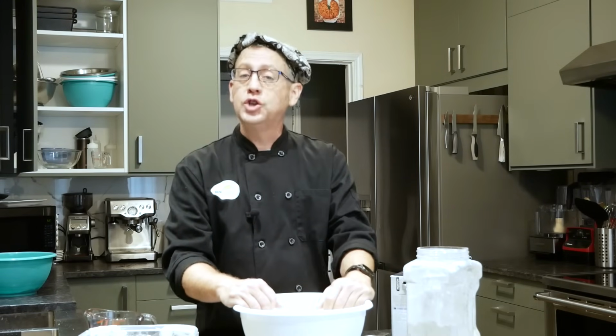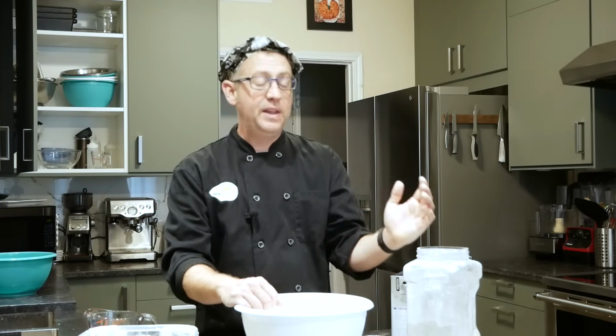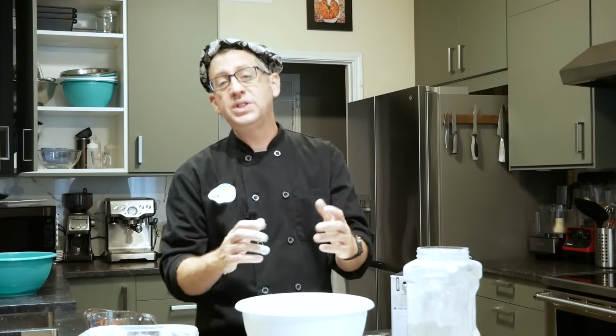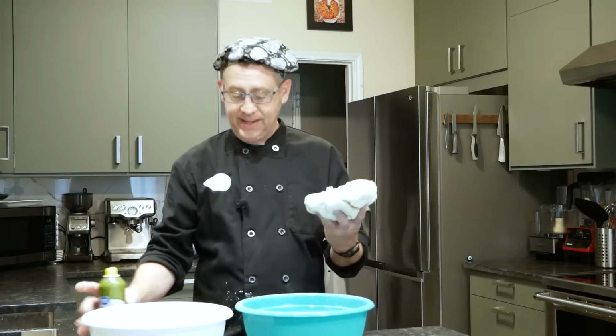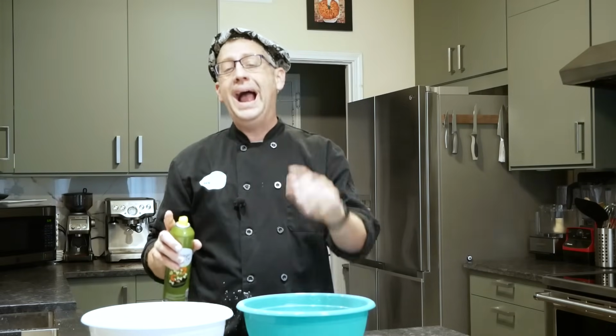So if you are adding a super wet ingredient, back off half an ounce or even up to an ounce on the water addition of the recipe, just to make sure you don't end up with a loaf that's too sticky for you to handle. Now to prepare the dough to rise, I like to spray or oil my bowl a little bit. It's not necessary, but it does help it drop out of the bowl more easily